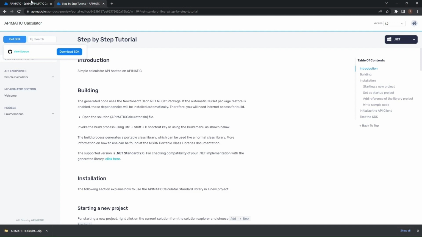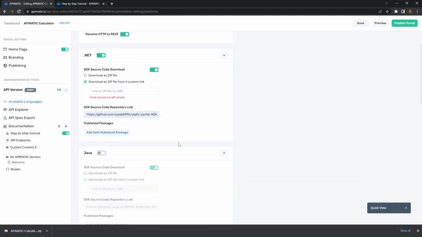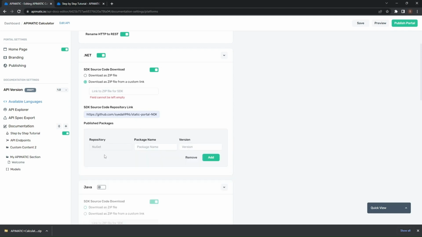The third option, and this is the option that we recommend, is that you publish your packages to the language's respective package management platform. So for example, for .NET, it's NuGet. So once you've published your package, you can come here and add details of the package. For example, I'll call it API-matic calculator in version 1.2 for our example. So you're going to add it here,